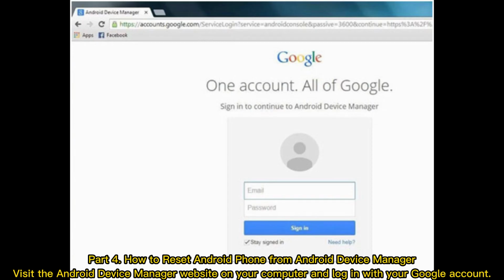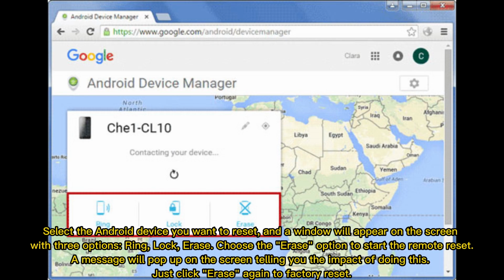Part 4. How to reset Android phone from Android Device Manager. Visit the Android Device Manager website on your computer and log in with your Google account. Select the Android device you want to reset, and a window will appear on the screen with 3 options: Ring,